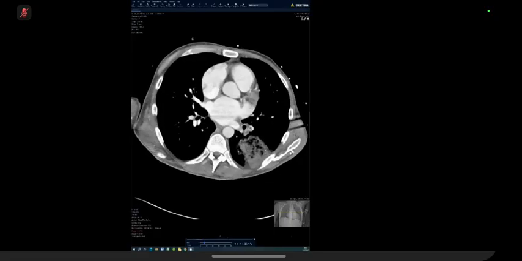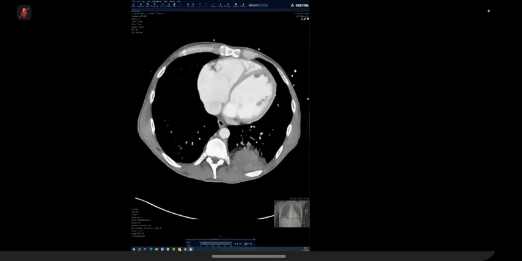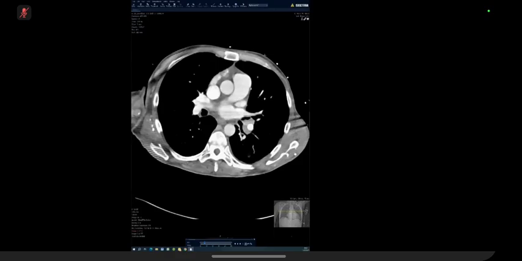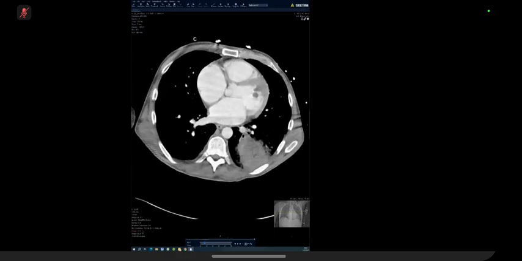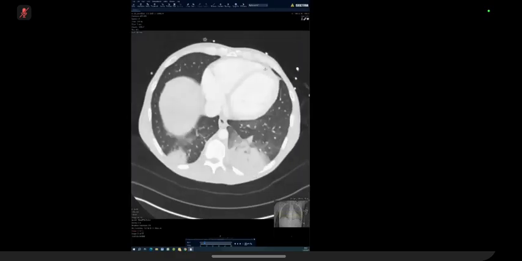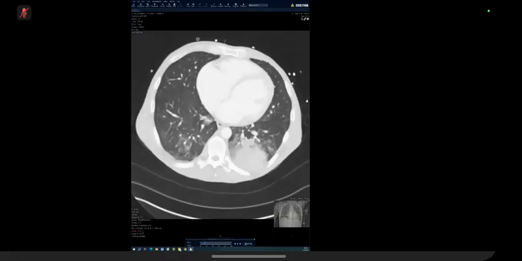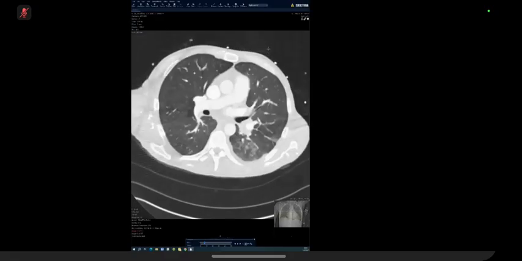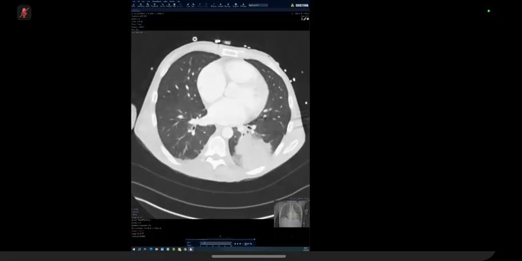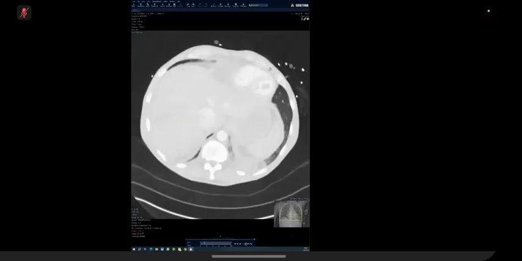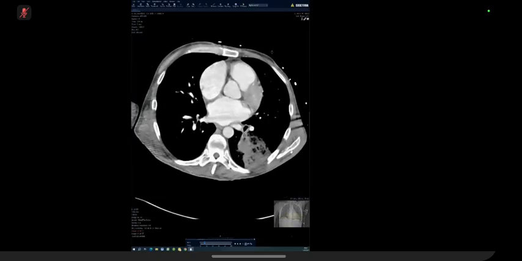Okay. So left pulmonary artery demonstrates a central filling defect in keeping with an acute pulmonary thromboembolism. There are wedge-shaped bilateral posterior basal consolidative and ground glass changes with areas that have sort of interlobular septal thickening, and these are in keeping with